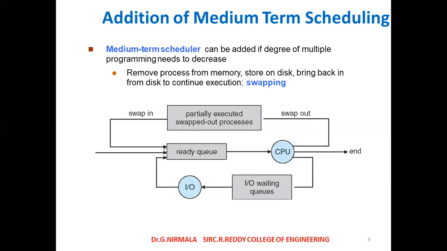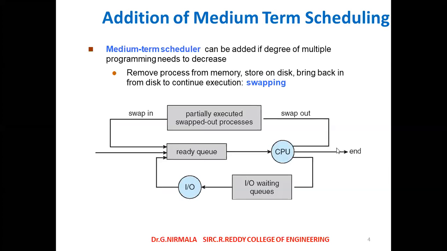Then from this ready queue, it will be moved to the swap in operation. After that, the partially executed program also wants to be assigned to the CPU. This medium-term scheduler will pick up this process, that is the swap out operation, and assign it to the CPU. For example, if it is completely executed and again any IO is required, it is transferred to the IO waiting queue or device queue, you perform IO, and it is placed into the ready queue. Again from this ready queue it goes to the CPU to complete the task. This is called the medium-term scheduler.